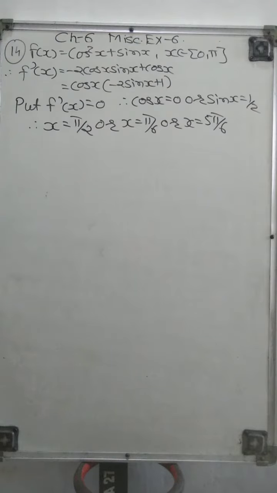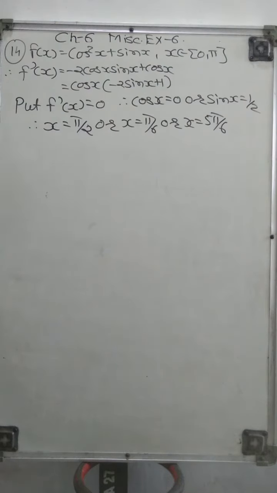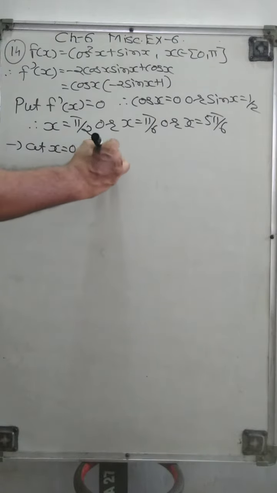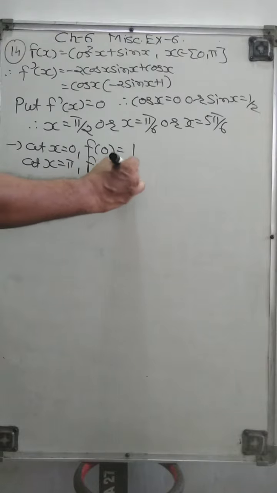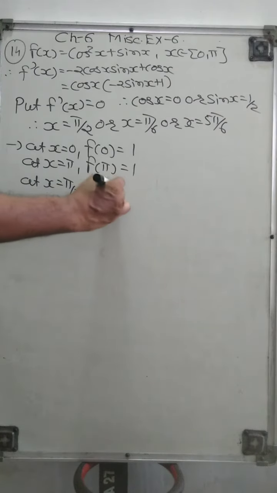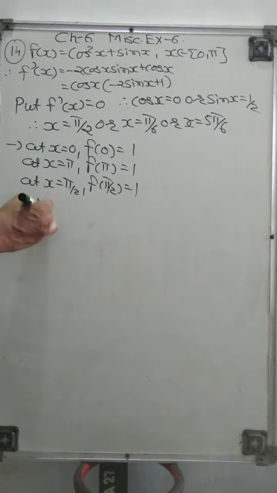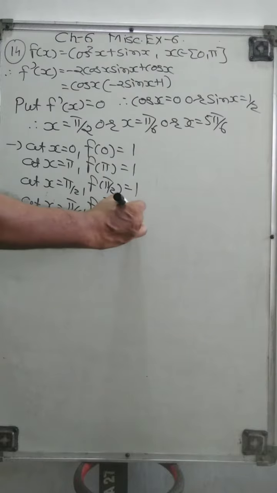We want to find the absolute maximum and minimum value. So we just find the value at all the points. At x equal to 0, f of 0 is equal to 1. At x equal to pi, f of pi is also 1, right? At x equal to pi by 2, f of pi by 2 is also 1. At x equal to pi by 6, f of pi by 6 is